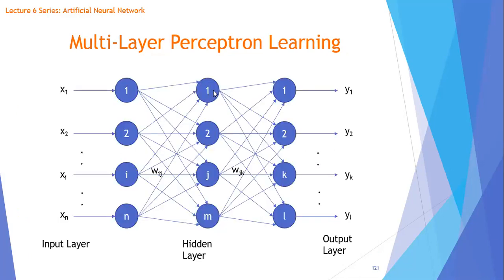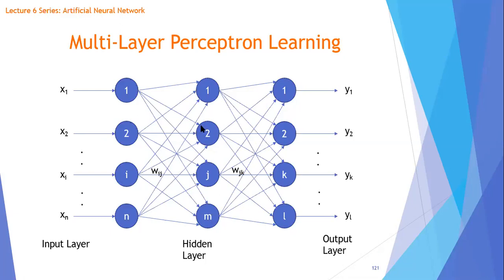So if you wanted to calculate, for example, the error gradient for this neuron here, you will take the output. If you call this one y1, so y1 into 1 minus y1, that is clear. This is the differential of the activation function, but you need to multiply that by e1, but we don't have e1. So what are we doing here? We are simply back propagating all the error gradients which are connected to this neuron. So it is delta 1, delta 2, delta k, delta l for the respective weights. If you take delta 1 here, you're going to multiply it by this weight here, and then delta 2 times this weight here, times delta k times this weight here, which connects to this neuron, and similarly delta l